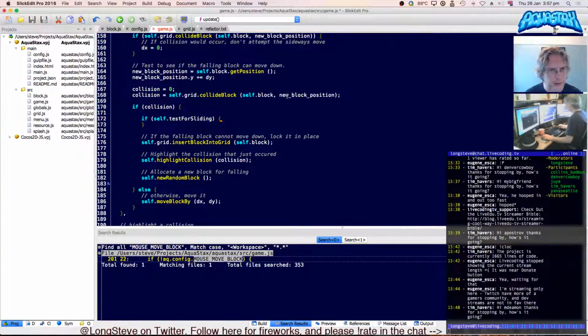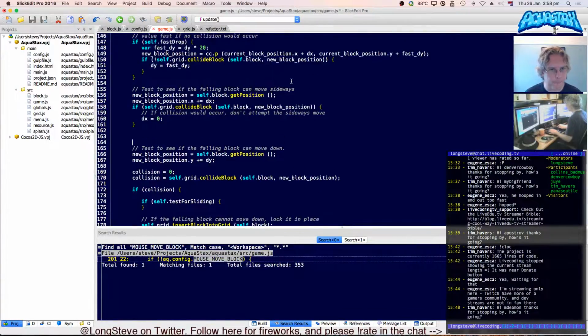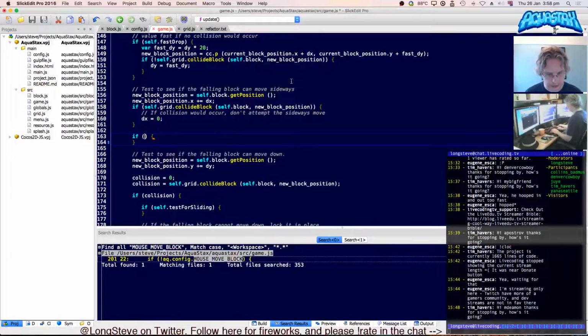And there it is, actually moving it. So what we want to do is we want something that says if the block is sliding. I mean, I could just set a block.is_sliding. If block.is_sliding, then